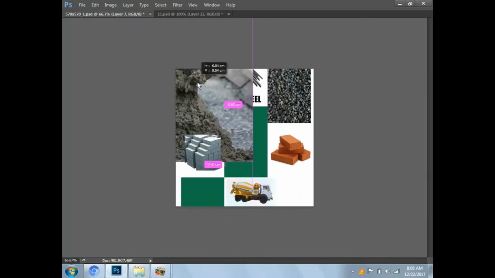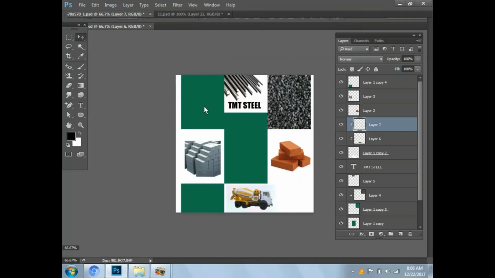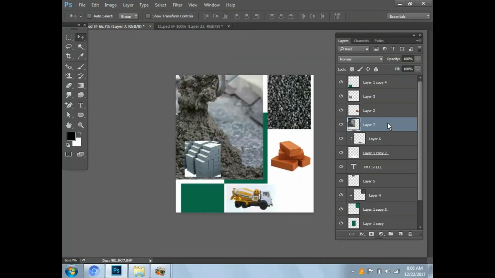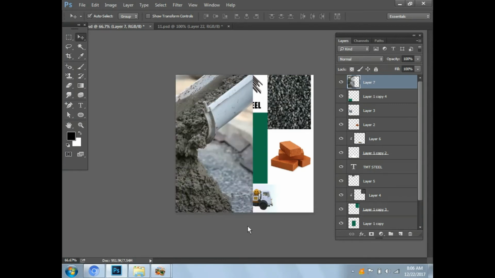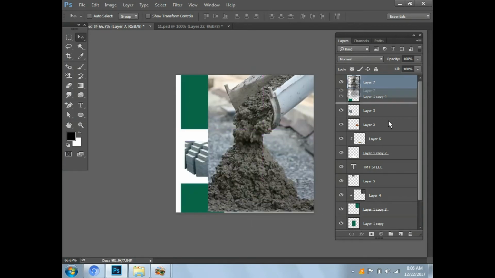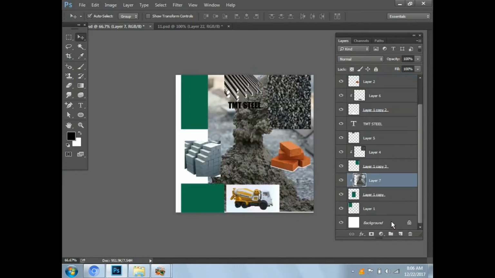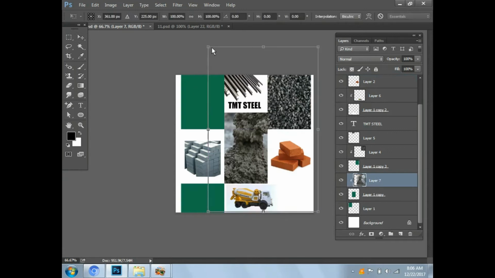Okay. Again, this one is balanced, no? Take cement panel and make it as a background.